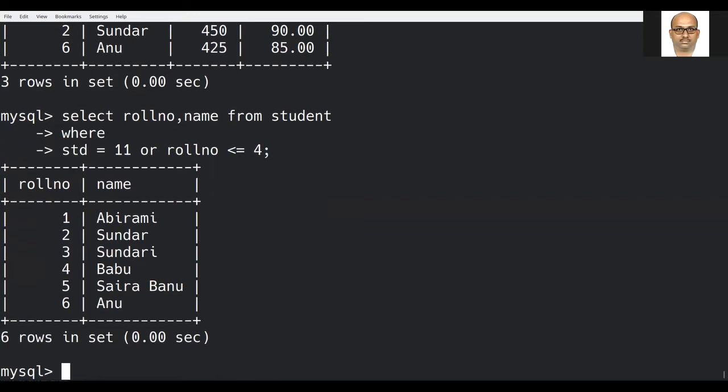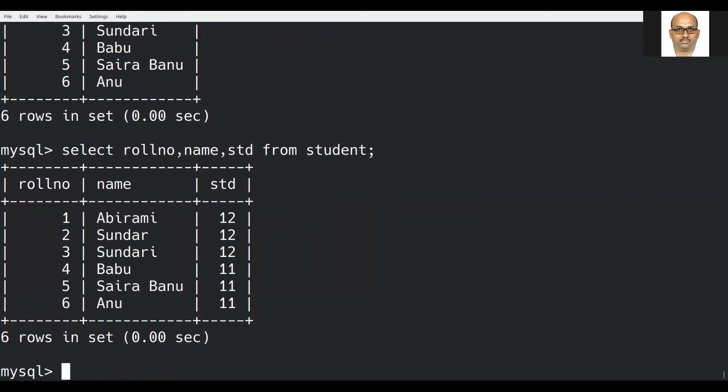Why am I getting all the 6 records, you may wonder. All right. Let us reconfirm the answer. Select roll number, name, standard from student, using which I can reconfirm the previous result.